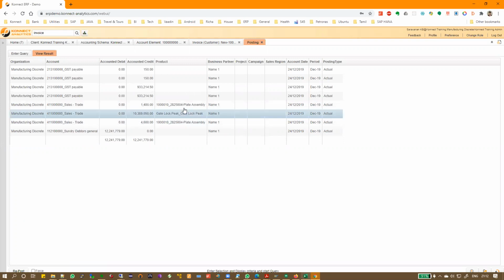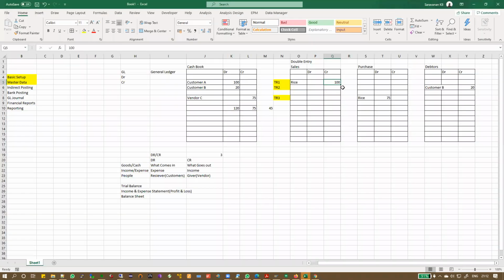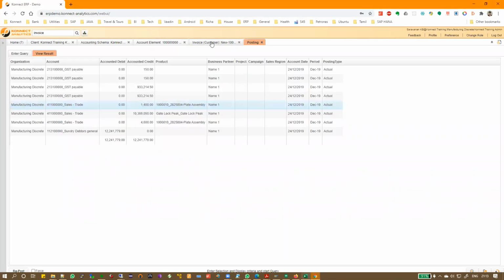And all these three products have been credited, which means I am correct. I did not teach you anything wrong. Then what is the other thing? We said that this is a cash sale, right? But now, instead of cash, that person didn't pay cash because of the invoice. So let's look at the invoice.